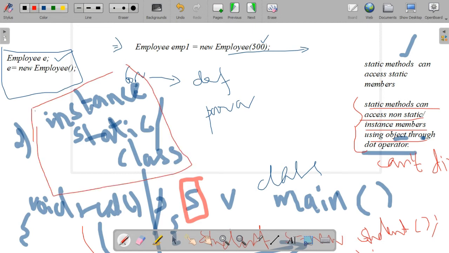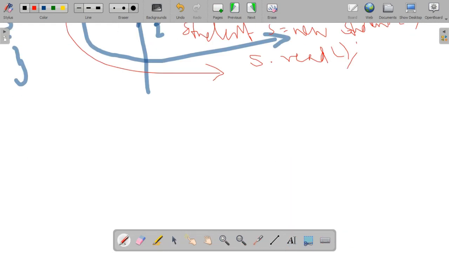Example, this class name is Student, we will create an object Student s equal to new Student of, just to consider like that. Okay, an example, we are writing a program with the class name Student. So we have created an object as s. How will you access this non-static method from static? Using the object name and through the dot operator. So s dot read of. This is the way we have to access.